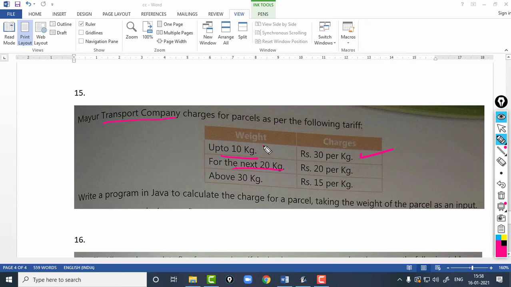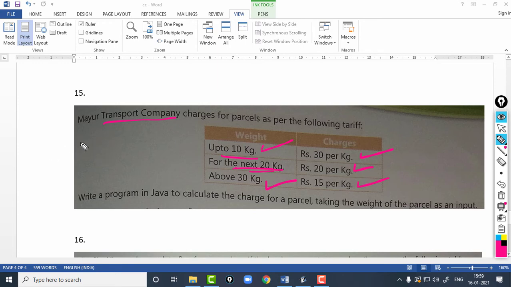Okay, 10 kilos is already covered here, and the next 20 kilos means up till 30 kilos, that is from 11 to 30. Okay, the charge will be rupees 20 per kilogram, and if the weight is above 30 kilos, the charge will be rupees 15 per kilo.